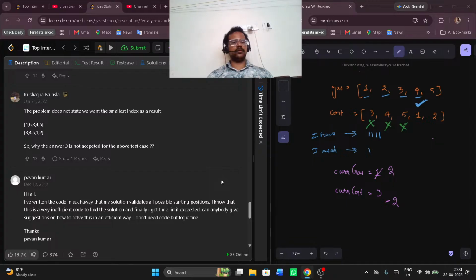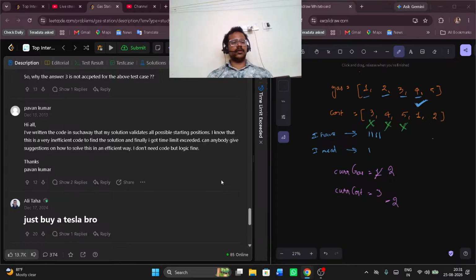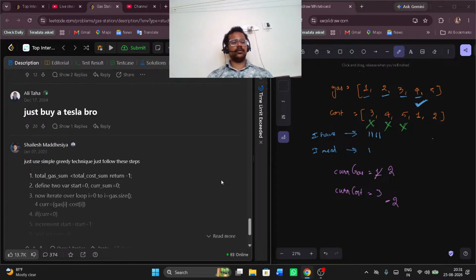Or state view on the smallest index. Please note, hi all, I've written the code in